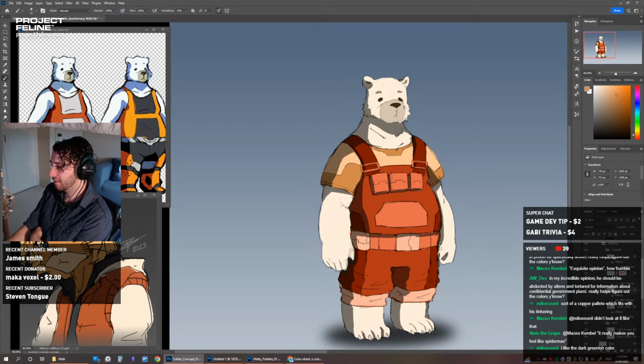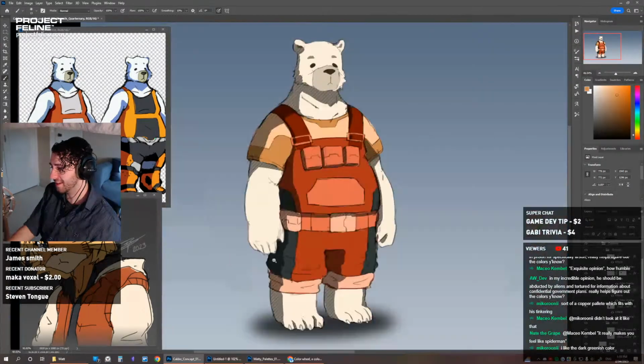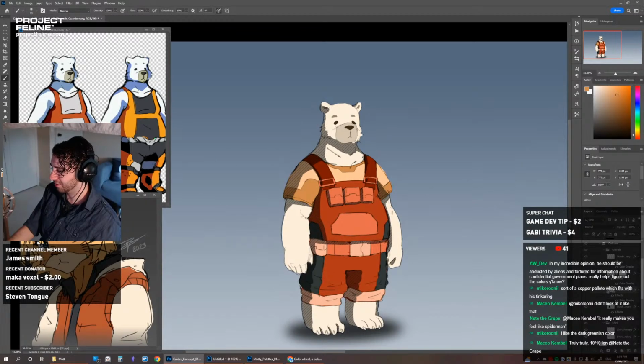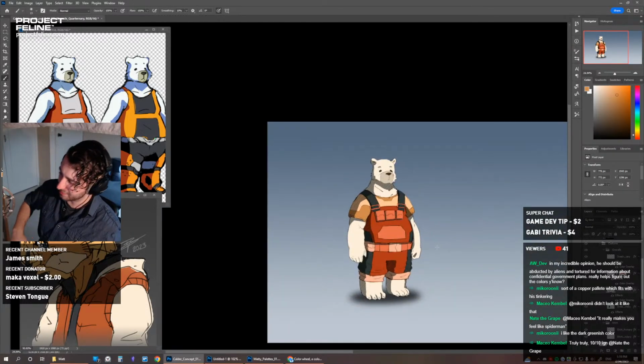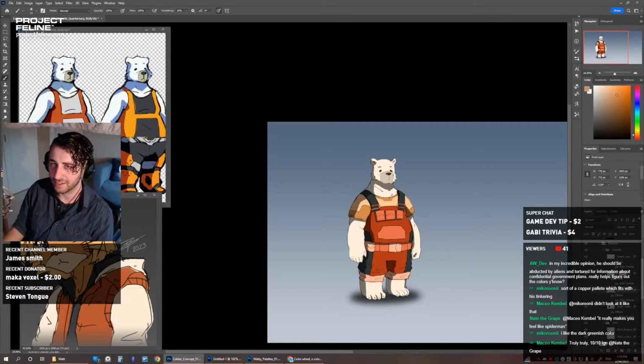No, let me mask it off like that. Yeah, because I like having the pockets at this color. But I'm not so sure. There's something that's kind of bothering me about it. Can't put my finger on what. But I like this one better than the others. I might need to just let that sit for a while.